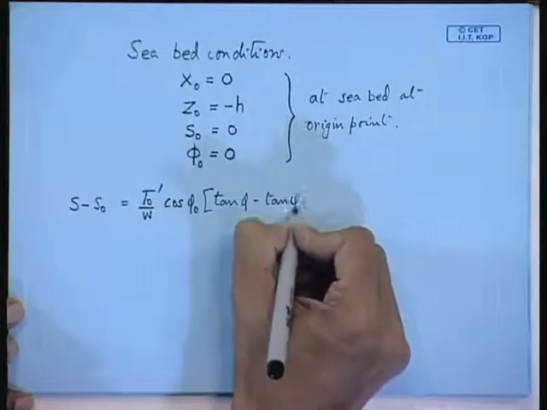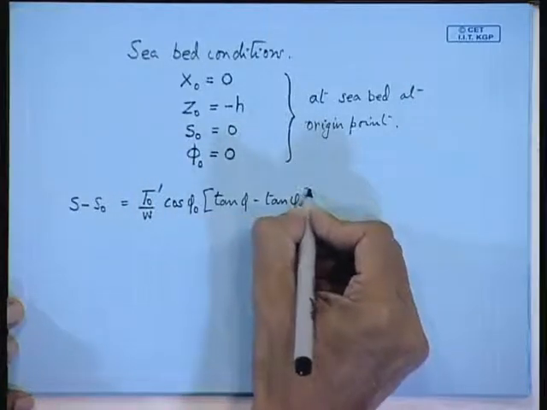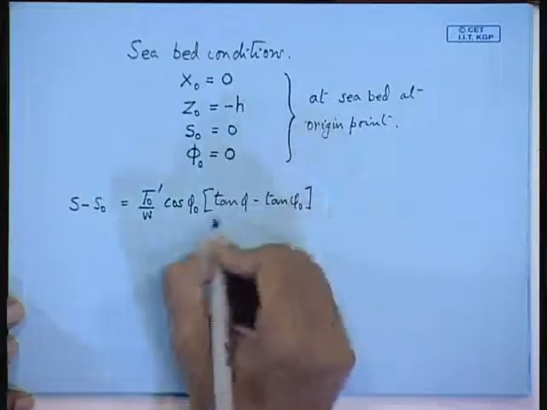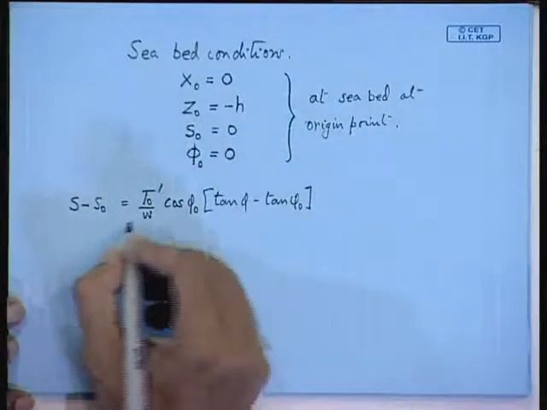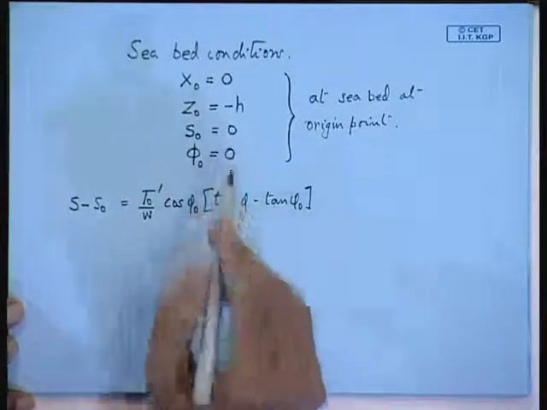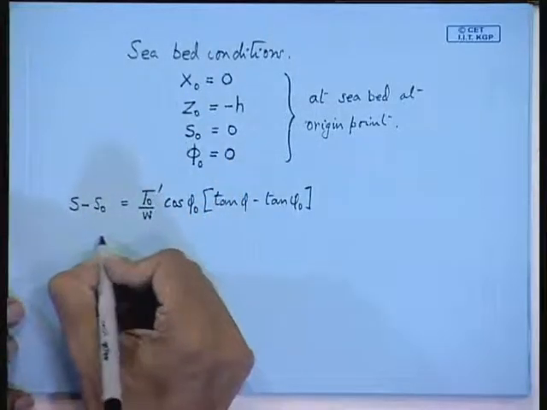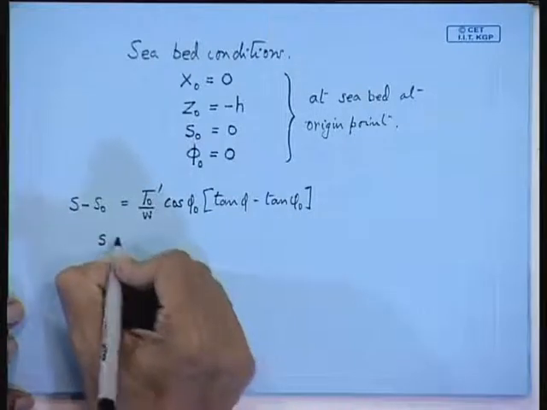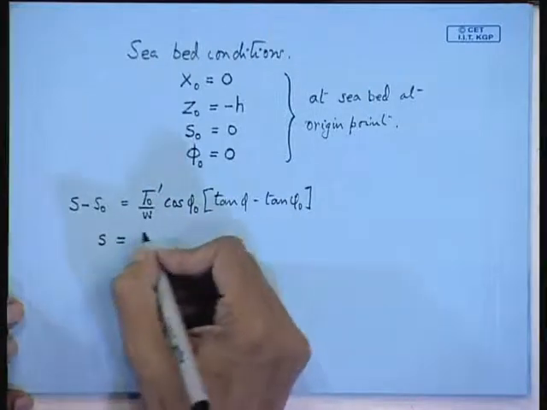Now, if phi naught is equal to 0, then cos phi naught will be equal to 1, and tan phi naught will be 0. We are saying that s naught equals 0. So, our expression simply becomes, at seabed,